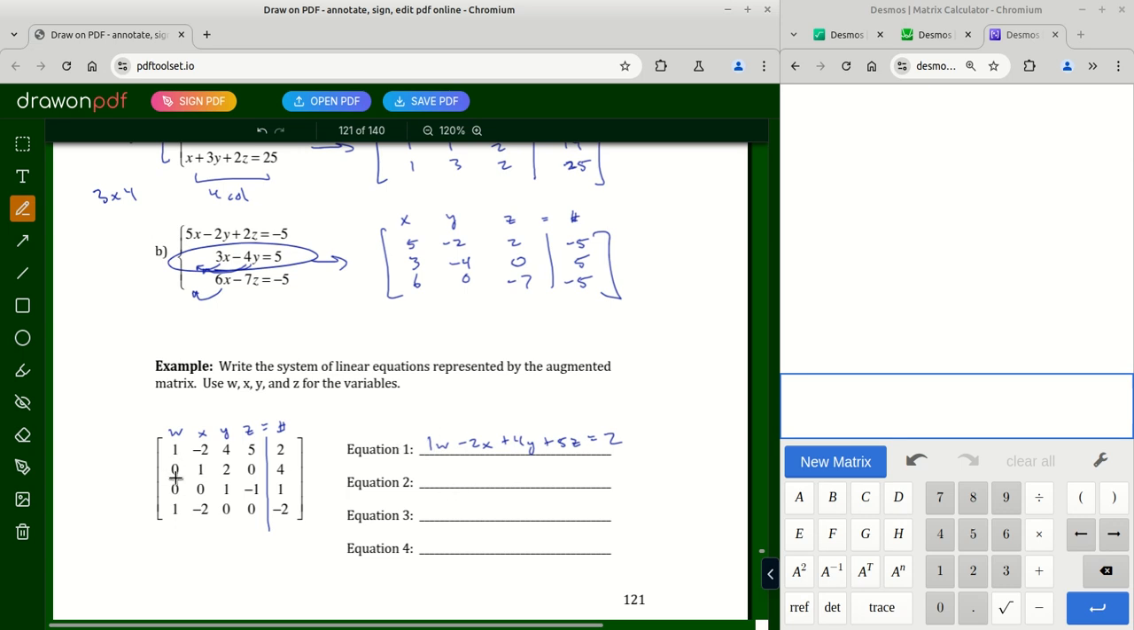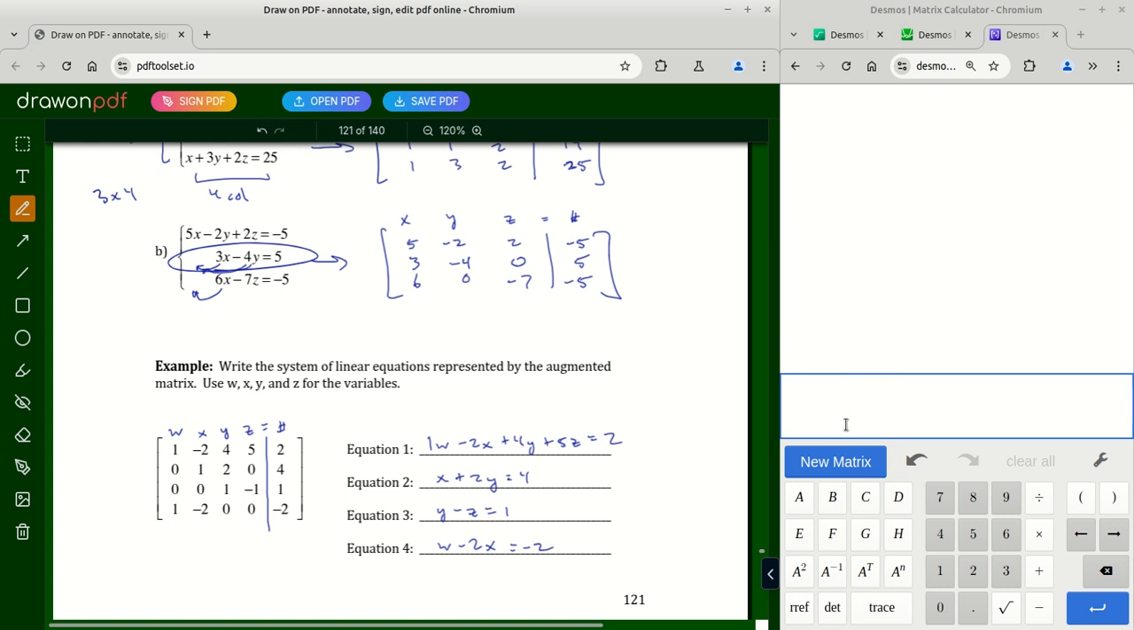Same thing here. You don't have to write 0 W's. X plus 2Y is equal to 4. We got y minus z equals 1. And then here we got w minus 2x is equal to negative 2. So whenever there's a 0, you don't have to write it. If there's a 1, you don't have to write it. But there it is. So now we go back and forth between them